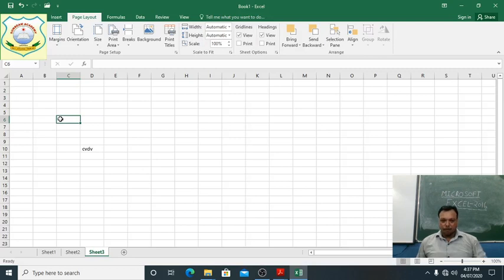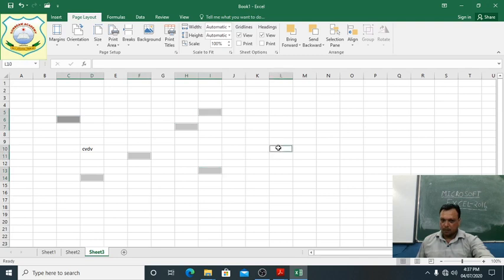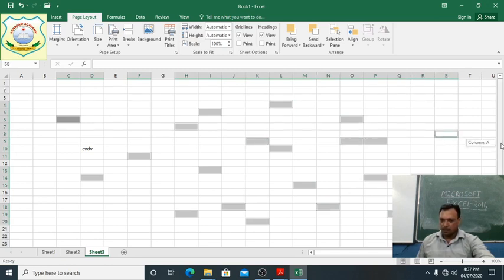Suppose we are here. Now students, use the control key. We just hold control. See again. Anywhere, these are non-adjacent cells, and anywhere you can select. Clear, students? This way.